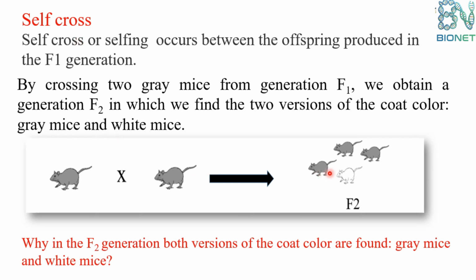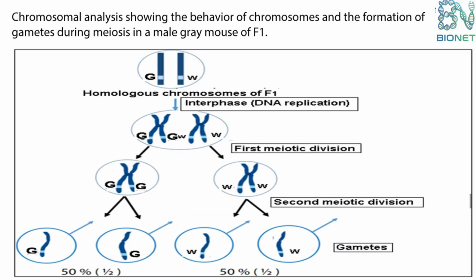The result of this cross is the second generation, the F2 generation. We notice that in this generation there is appearance of the white color, which was masked in the first generation. Why, in the F2 generation, are both versions of the coat color found, the gray and the white? The hybrid individual, the hybrid mouse having the allele G and the allele W, will give gametes by the process